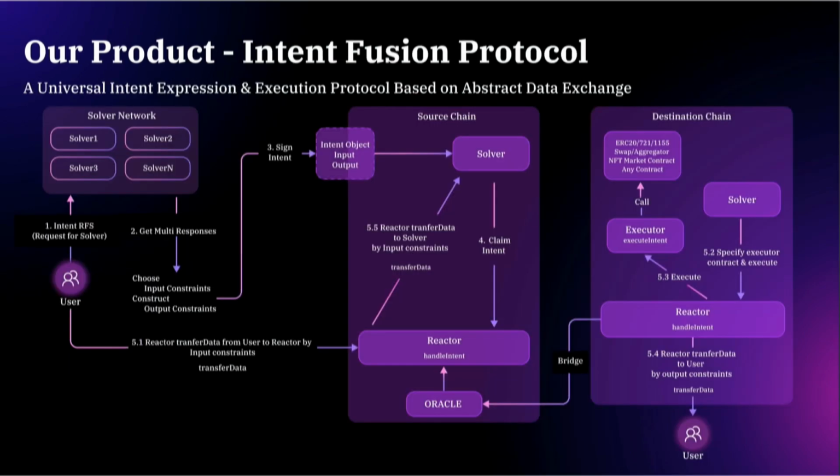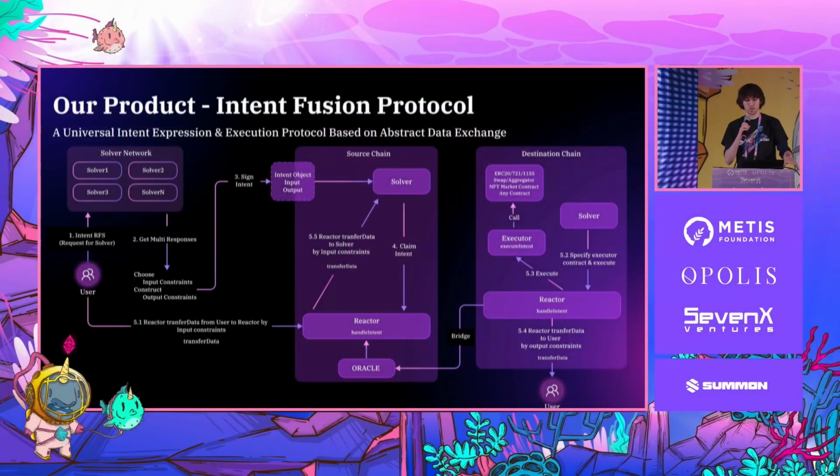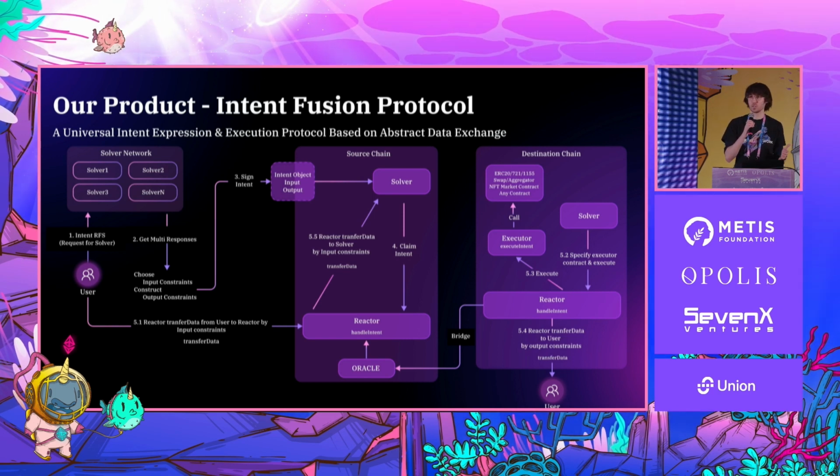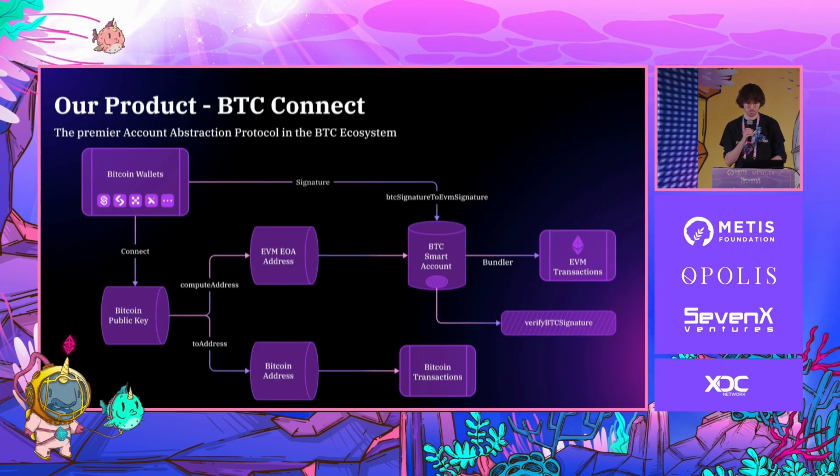Again, intent fusion protocol, intents serve to contribute to this idea of reducing multi-chain complexity through the cross-chain execution of intents. This gets a little bit complicated, but if you want, that is an architectural overview of how that would work. So how do intents go from this expression to ultimately doing transactions across multiple different chains for the end user?